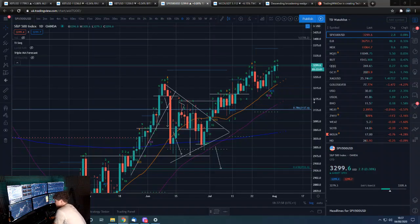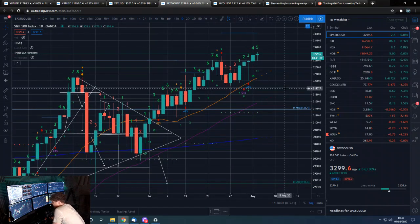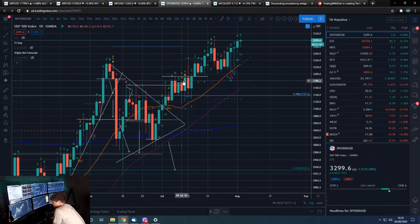So yeah, S&P first, the one we always start with. It's been a couple of weeks since we've had a look at this one. This level was our level from the daily 9 here. We had it drawn here because breaking above this was basically going to signal more upside. And you can see we had the break above, a backtest, and then acceleration to the upside,